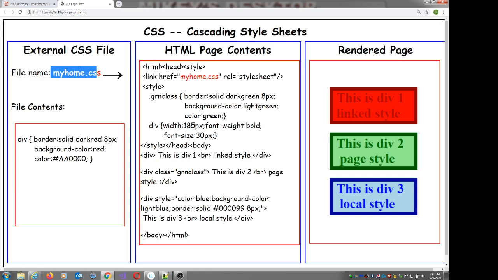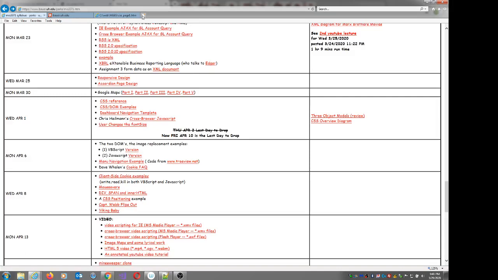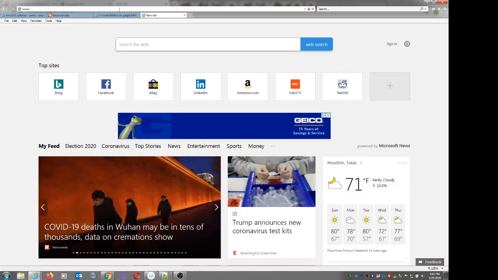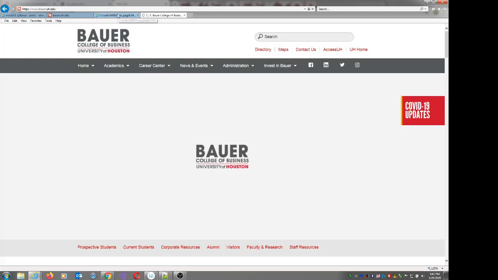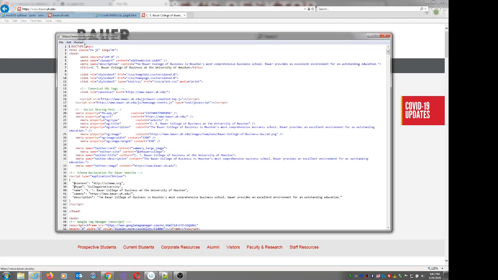That's all being done by, let's go out and look at it this way. Let's go ahead and look at this one. Let's go to power.uh.edu, and we'll load up the page. This is going to take a second, I'm sure. Here we go. And I'm going to do a view source here. And here is the source